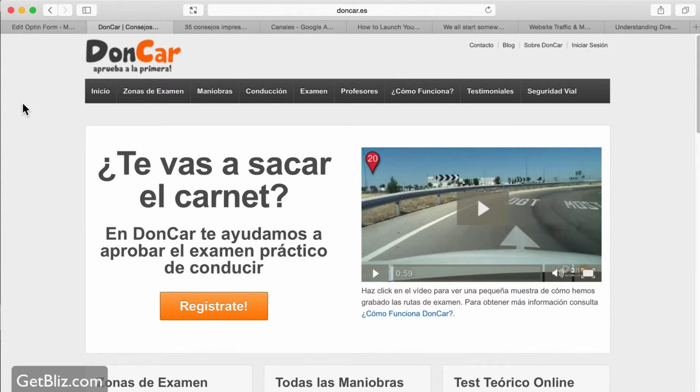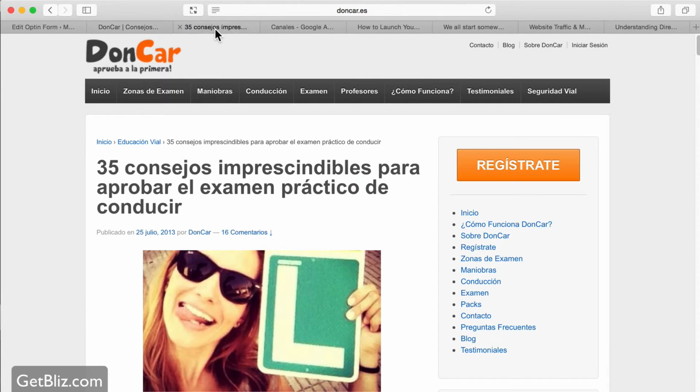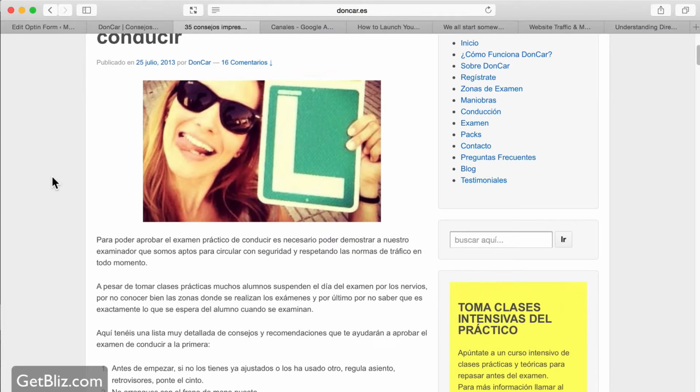It generates about 2,000 euros a month, and most of the traffic comes from organic traffic. This is people searching for keywords. How were we able to generate that organic traffic? Through our blog, through inbound marketing, which is driving traffic for free by generating great content that gets indexed by search engines. So we do have a blog, and we have several blog posts, very well written, with a lot of value for people that are trying to find information, tricks, and tips on how to pass the driving exam.